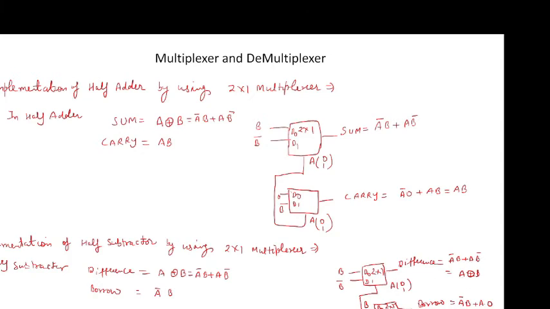In the second multiplexer, we see that the input lines are B and 0. So our borrow comes out to be A bar B, because if we find the actual output, it comes out to be A bar D0 plus A D1, and we require the borrow as A bar B. So we will put D0 equal to B and D1 equal to 0. So your actual output will come out to be equal to A bar B.